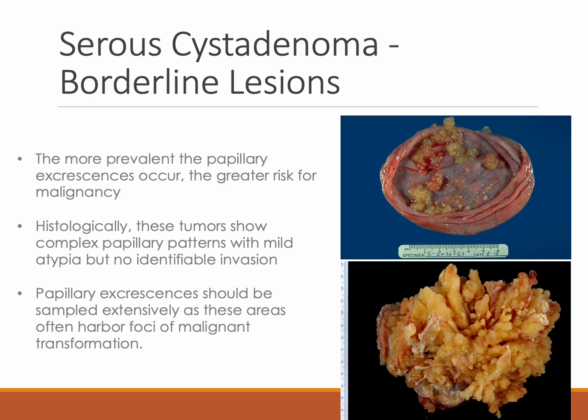So those papillary projections, however, can change things. Now, if you get these and you start seeing something like this, where there are little papillary excrescences throughout the inner lining of the cyst, or maybe even on the external surface of the capsule, that's when you want to start being more diligent. Not that you weren't being diligent before, but now you can be extra diligent. So these will likely harbor malignant cells, or potentially give a greater increased risk for malignancy the more papillary projections there are. So when you get this specimen, and it's not uncommon to receive these ovarian cysts for frozen section,